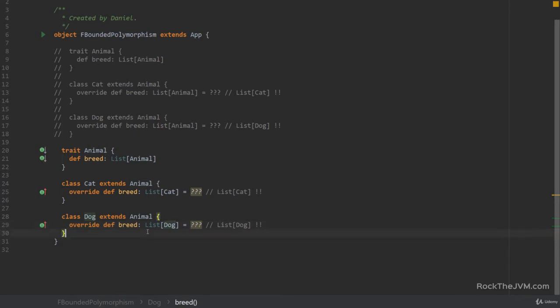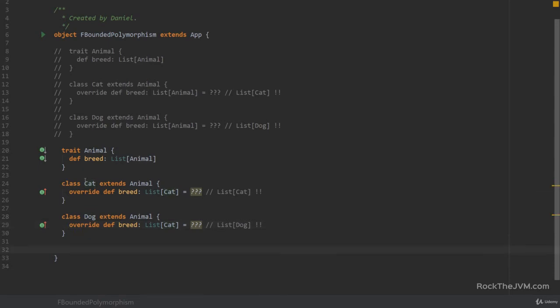All right, but that's due to my due diligence because I am a responsible programmer and I take care that my return types are as specific as possible. And this is also legal because List is covariant, so I can put in a more specific list as the return type and this is a valid override. But the compiler doesn't prevent me from making mistakes because I'm also human. So I can say that this is a list of Cats, for example, and this would also be valid code, but this is also wrong.